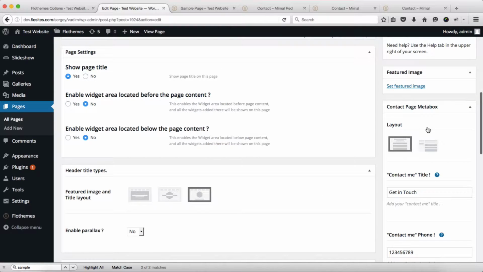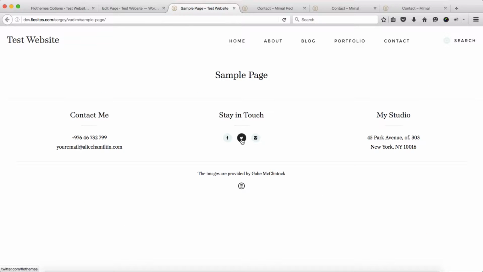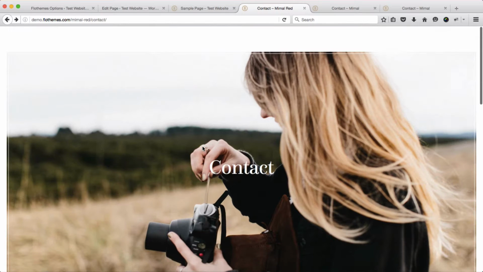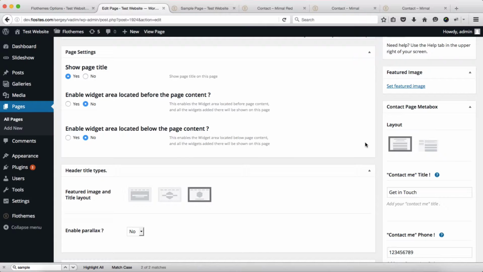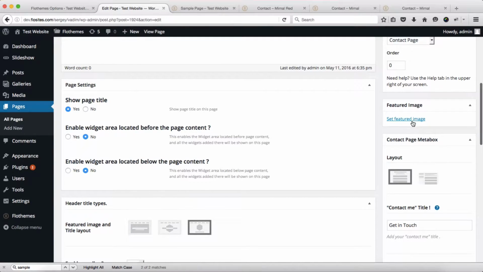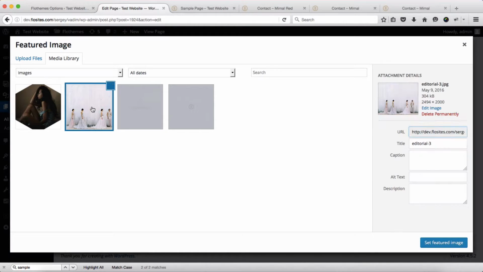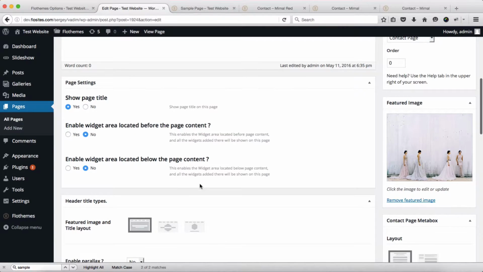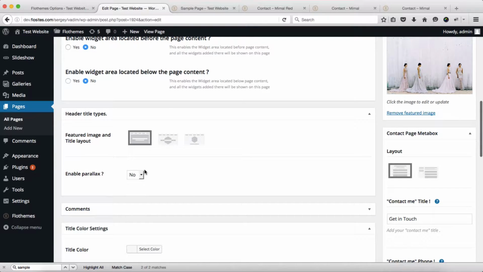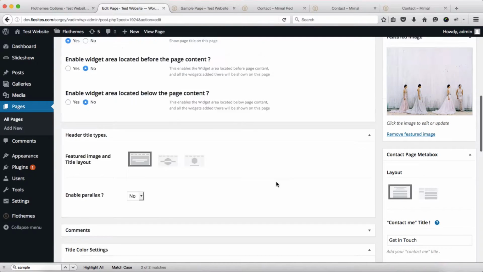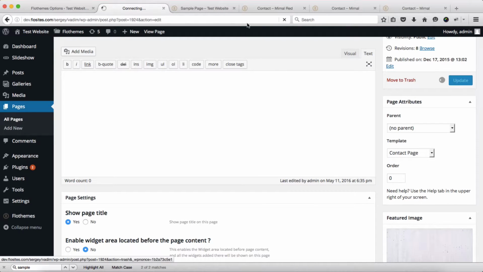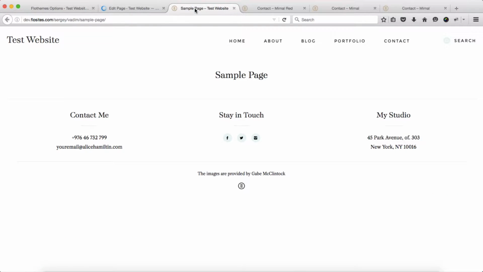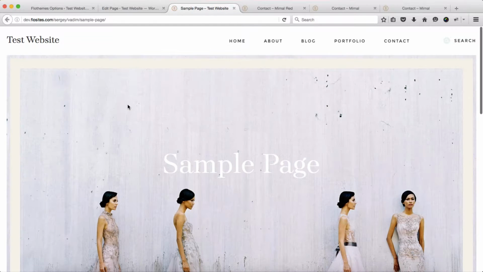I also need to add in a featured image. That is, of course, if I want to have an image within the background of my contact page. And since we have those images within our demos, let's go ahead and just add a featured image here. Okay, so we have this added, and let's go ahead and select this layout first. And this layout is applied to our featured images. So we'll go ahead and click on update, and we'll refresh our sample page